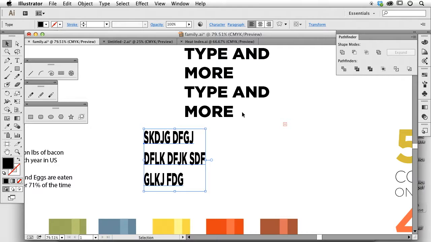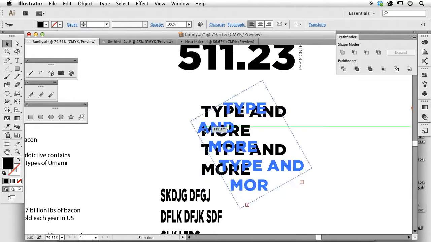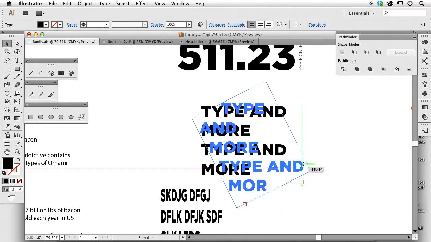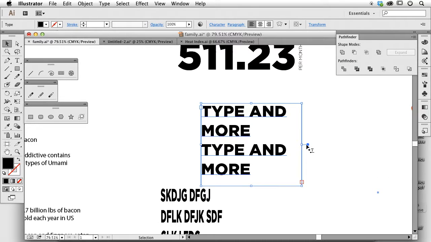So a couple different things. Paragraph type, if I rotate the container, see what it does? Okay, now it's kind of cool, but it's like, okay, really? So how you get by with that is you convert that to